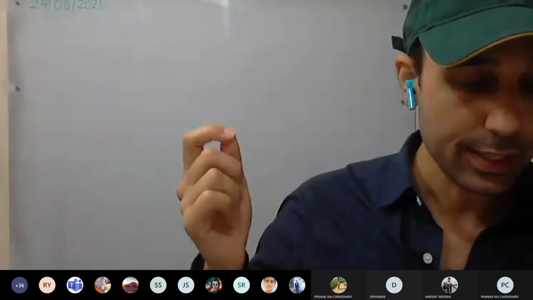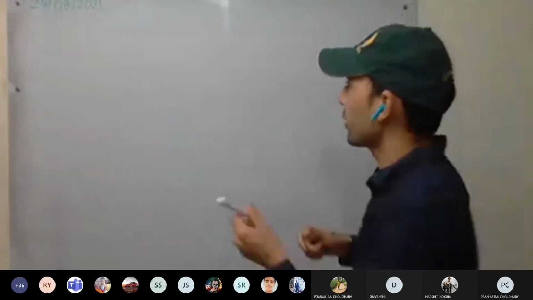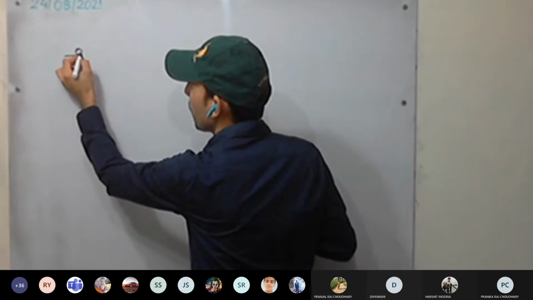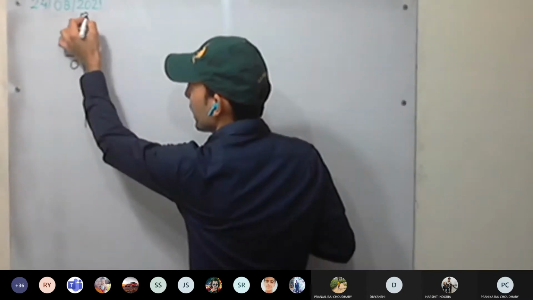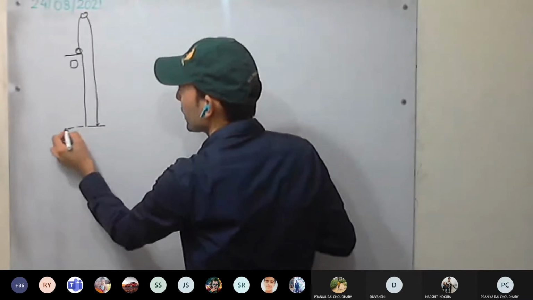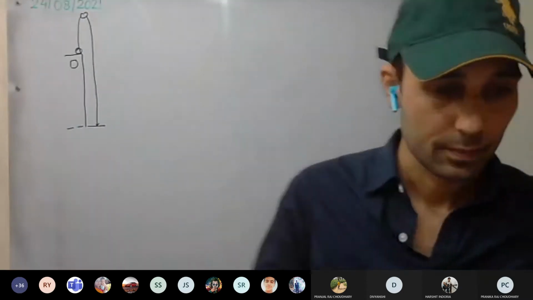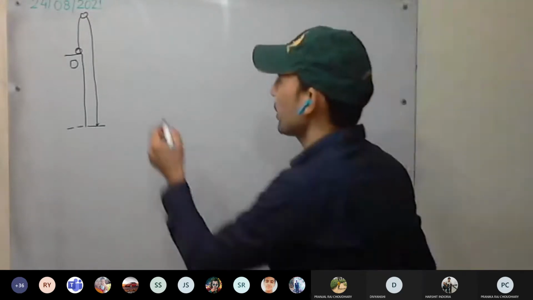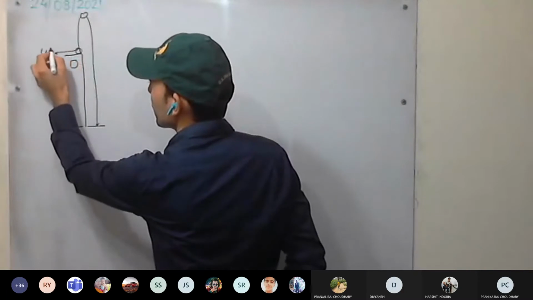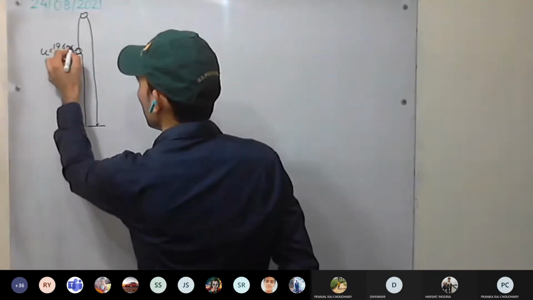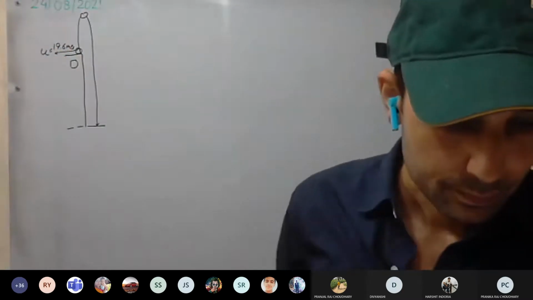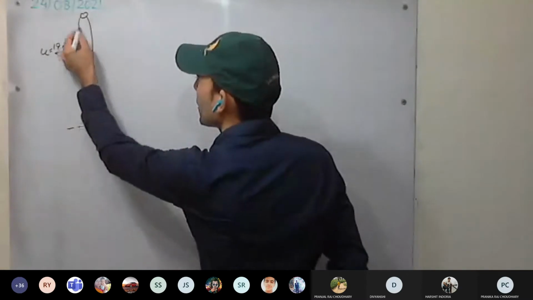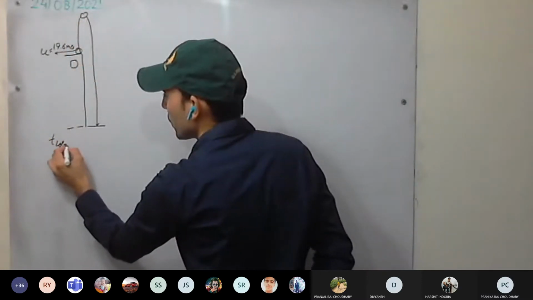Okay, a ball is thrown vertically upwards from the top of a tower. So we are having a tower, and from the top of the tower the ball is thrown vertically upward first, and then it drops here, for example. This is the ground. So the ball is thrown vertically upward from the top of a tower with an initial velocity u, that is 19.6, I think, meter per second. The ball reaches the ground after 5 seconds. So total time taken from here to here is 5 seconds.